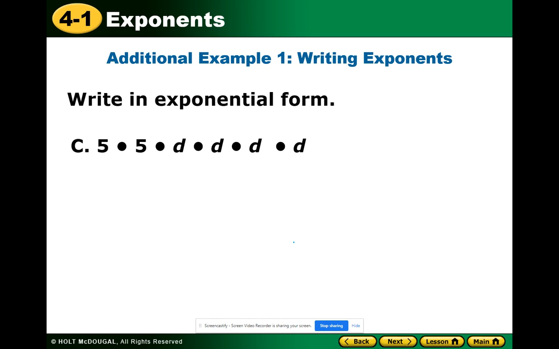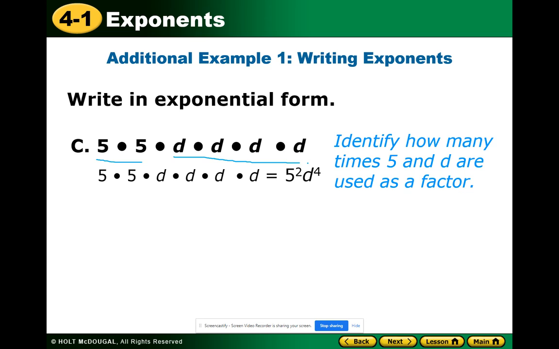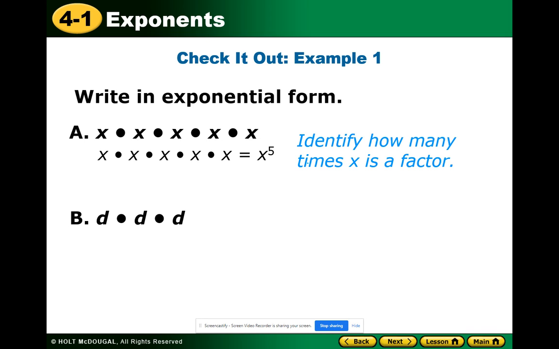All right, with this one, we must look at the things that are the same. So we look at the 5s. There are 2 5s. We look at the D's. There are 4 D's. It's important that we write this as 5 squared times D to the 4th. You can only make exponents for things that are the same. Okay? Write in exponential form. So that would be x to the, hopefully you know, 5th. This would be D to the